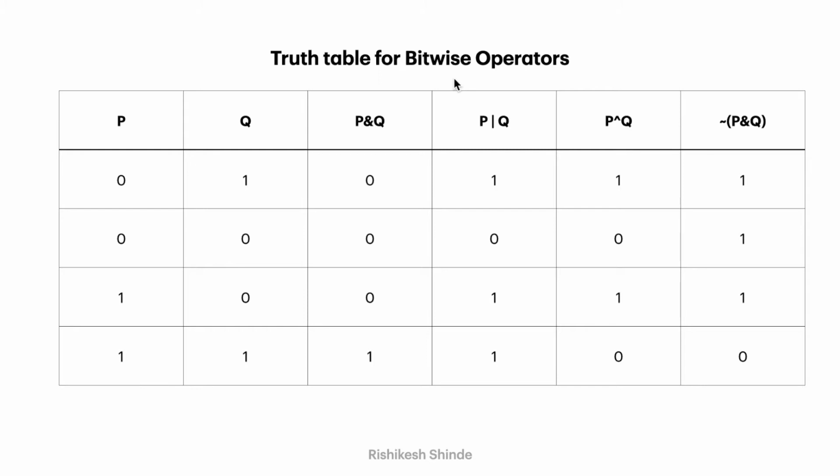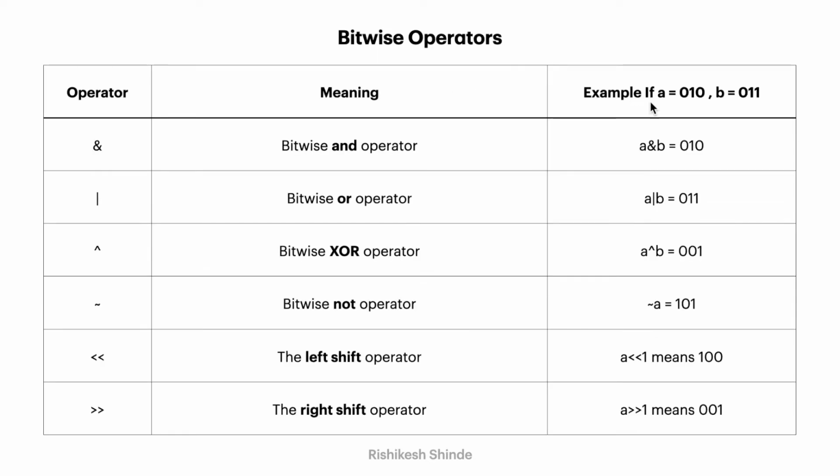If we have a number, let us say the value of a is 010, then a is now using 3 bits. The first bit is 0, the second bit is 1, and the third bit is 0. If we use 8 bits, then the total set of those 8 bits is known as a byte. In our computer architecture, we use 32-bit systems or 64-bit systems. So these are known as bits.